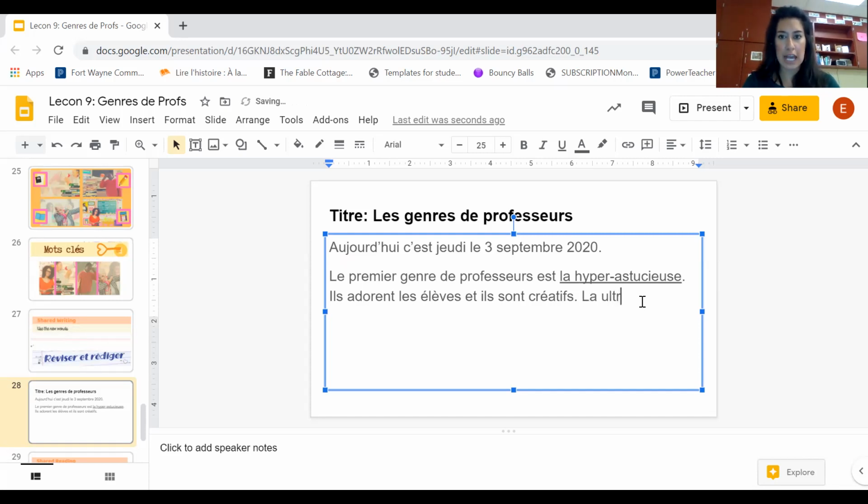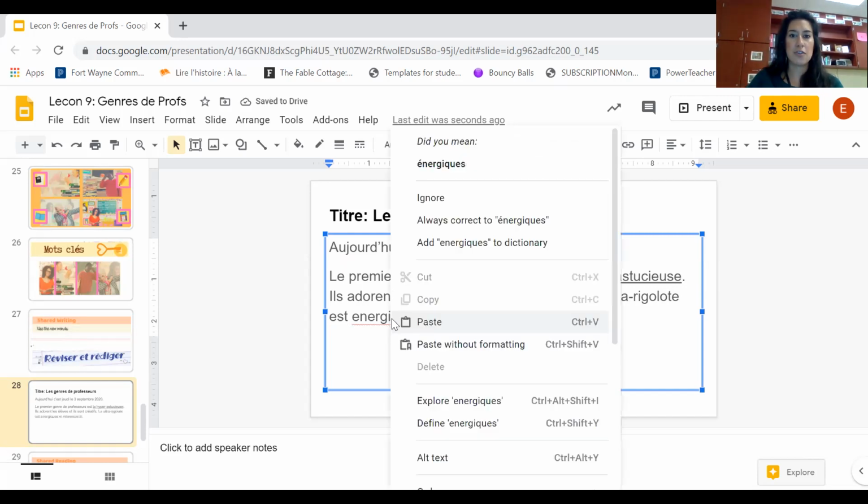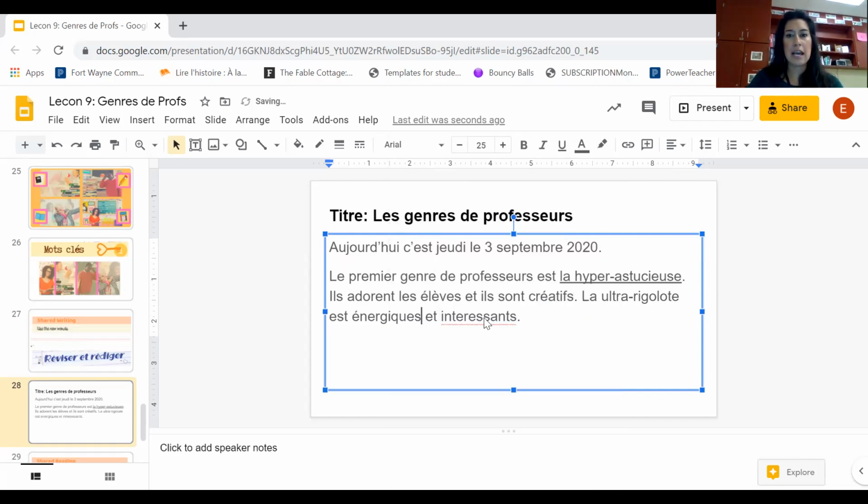La ultra rigolote et énergique et intéressant.